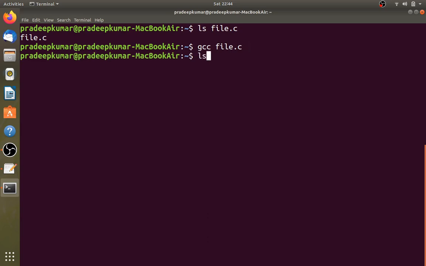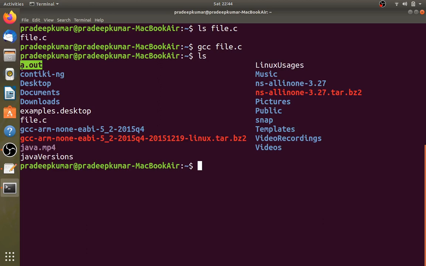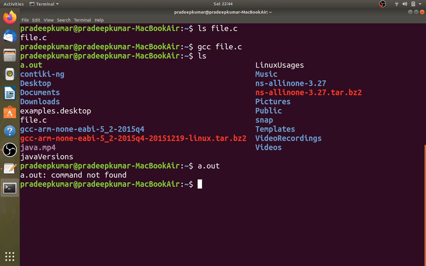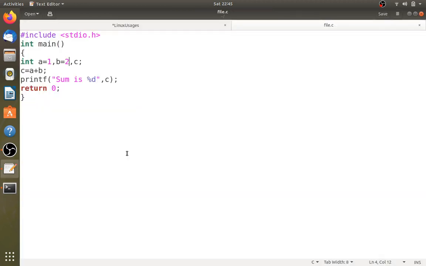It runs. Now once you check, you see that a file called a.out is created. I want to run this file. Generally in Windows and DOS, an exe file is created and you just double-click it and it runs. Here when I use a.out, it doesn't know what a.out is, because in Linux and Unix families, they always check for the global commands. Whenever you type a.out, it is checked globally. But I want to run the file available in the current folder. In that case, we have to use dot slash. So dot slash indicates the current folder.